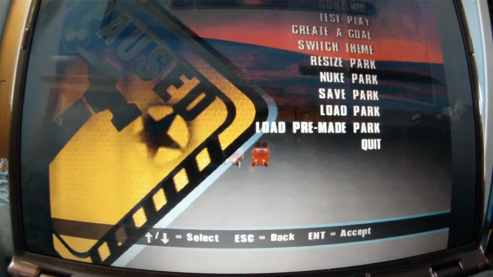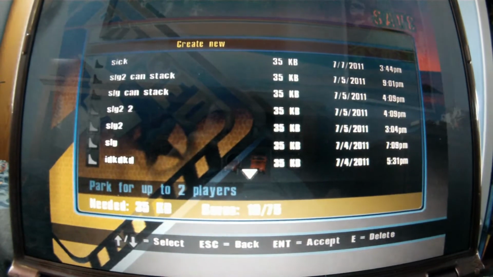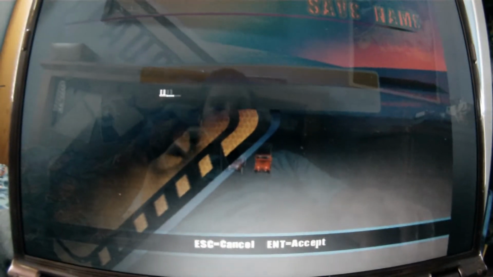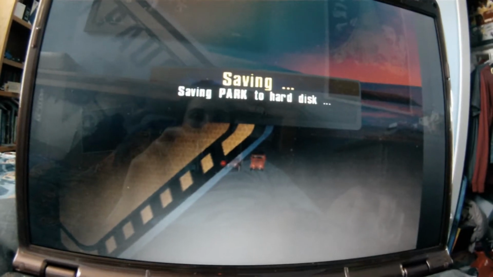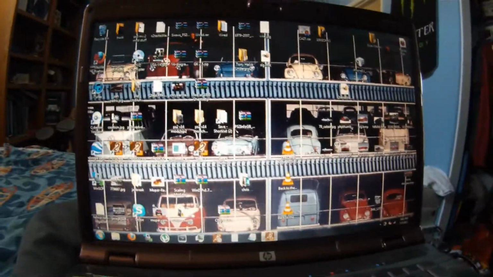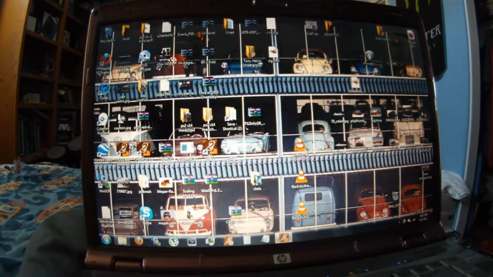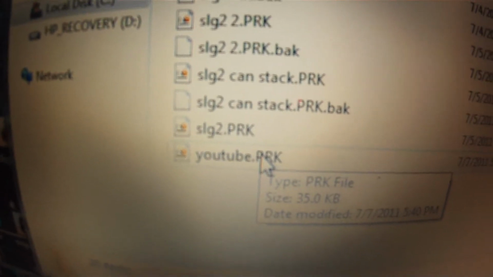And then what you'll do is you'll save the park, and you'll save it as something you'll know. So we'll call this YouTube, and we'll save that. Now you're going to want to search on your computer for that file, and we know where ours is. We have it shortcutted to the desktop, so here's the file, youtube.prk, and what you do is you open it with a hex editor, and you'll see the park's name's YouTube